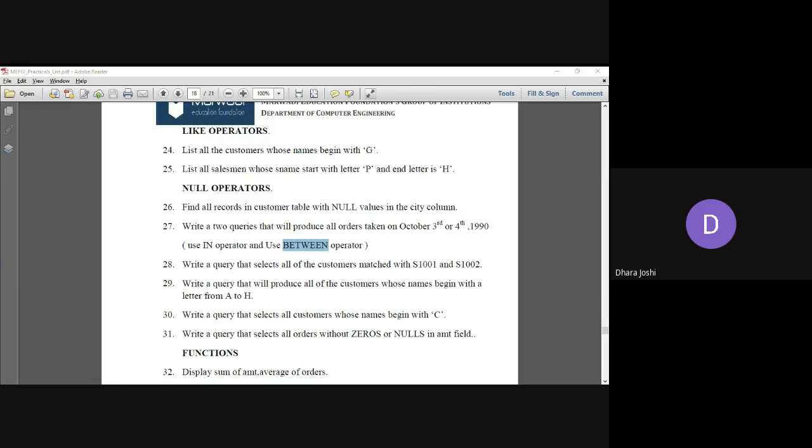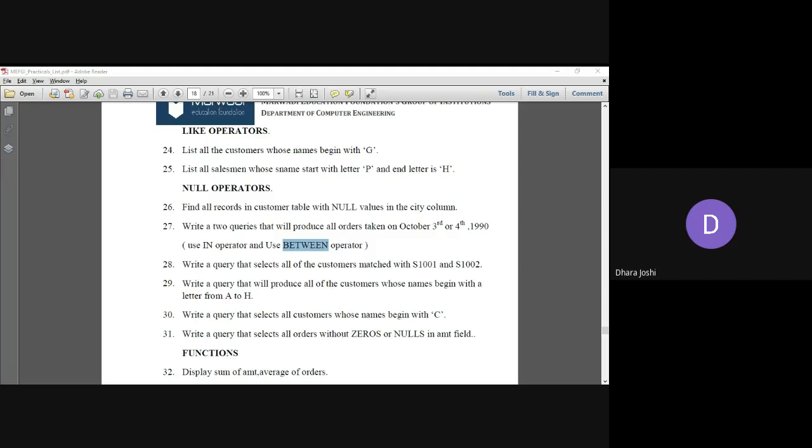So this DDMONYY will be converted into characters. In place of month, it is written OCT for October. It will take the first three characters of any month. If it is April, it should be APR. If it is December, it is DEC, like that. Okay. So the first one is the simplest one. You can use that and both of them will give you the equal result.